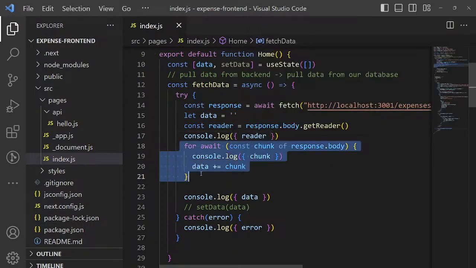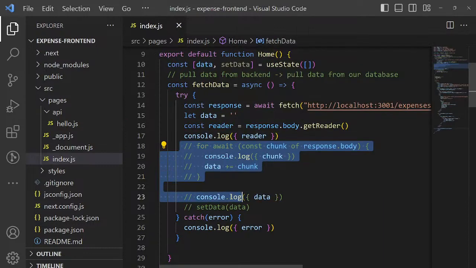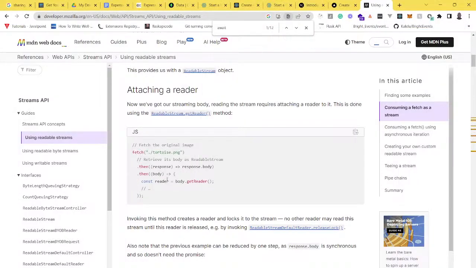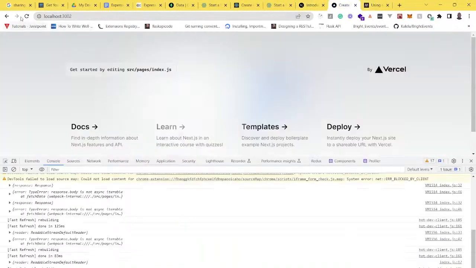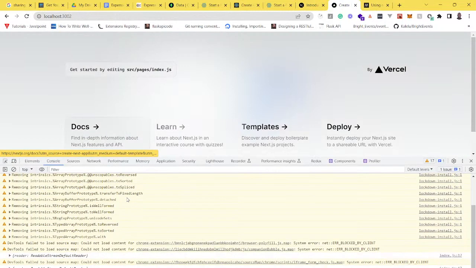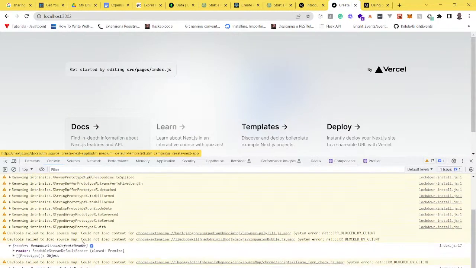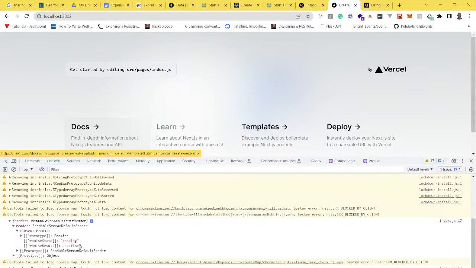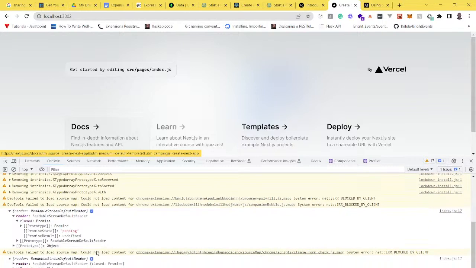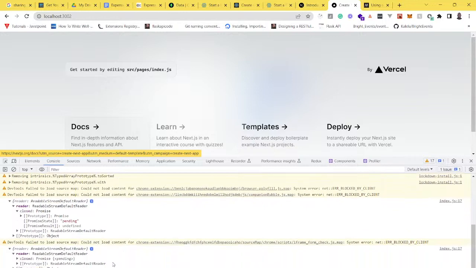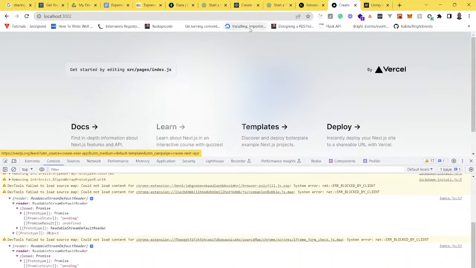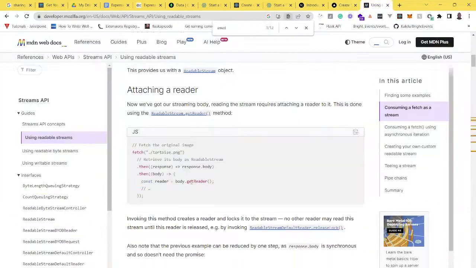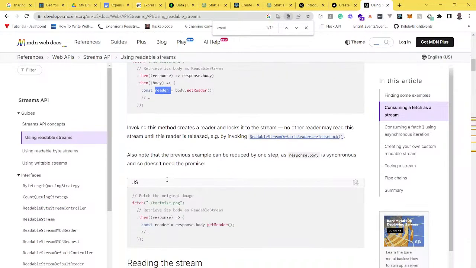Let me just check. Nice, okay. Let me see this. So it gives me a reader, which is a closed promise or pending. So when it's closed or pending, so we try, if you get the reader,